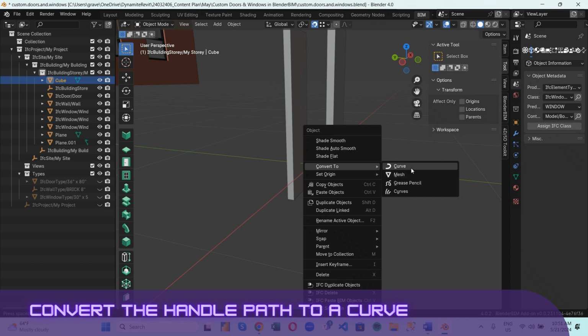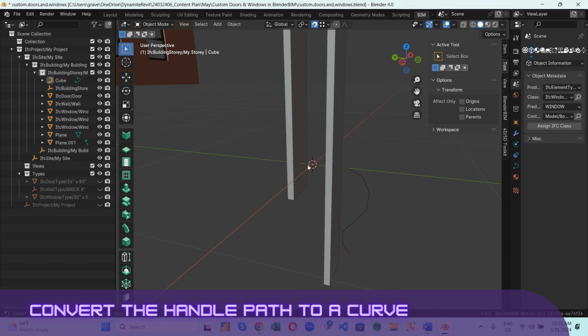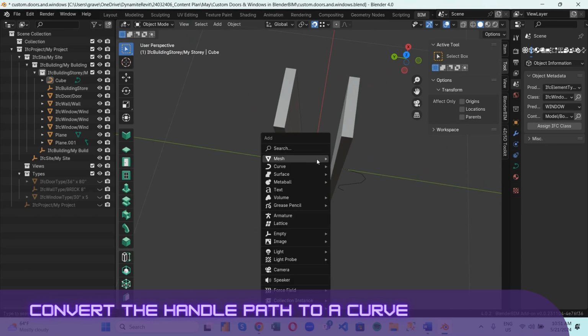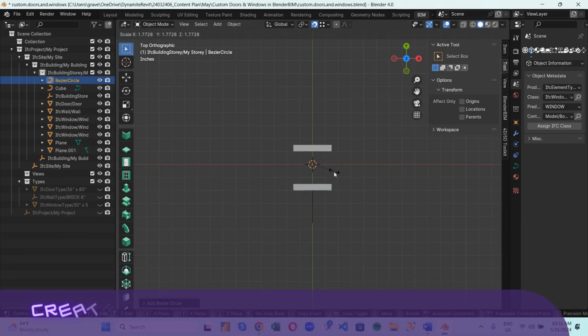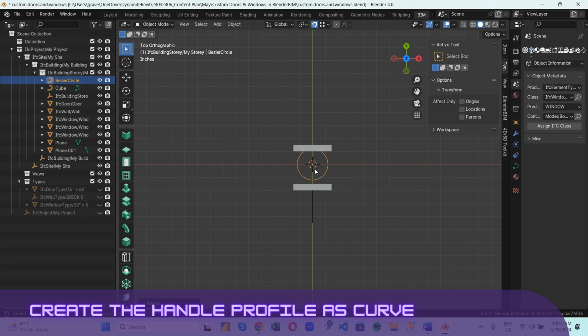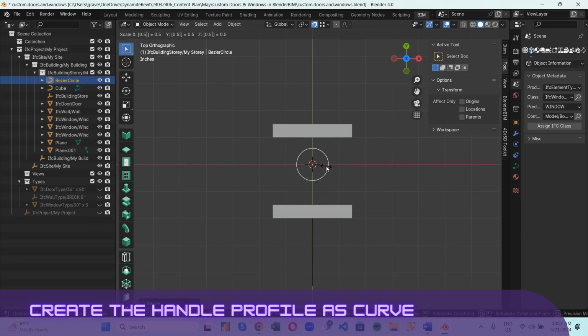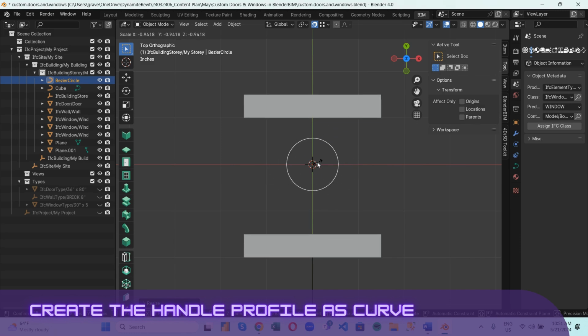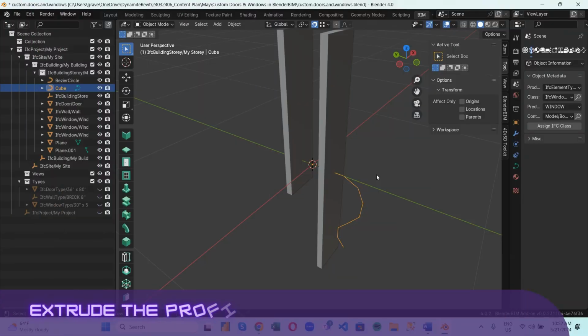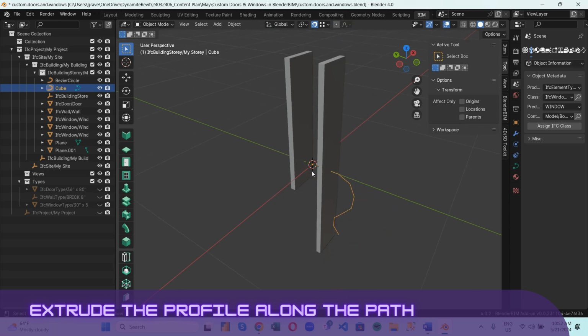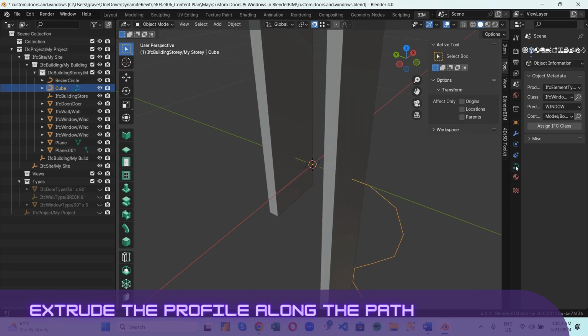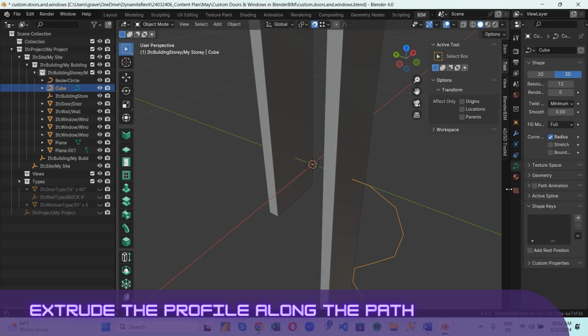Select it and convert it to a curve. And let's insert a circle. What to do now is extrude this profile along this curve so that we get the full geometry of our handle. Go to the curve over here,